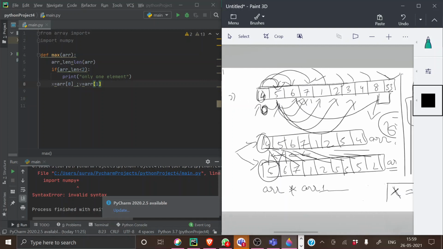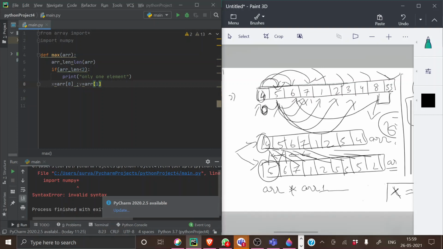So what will happen? x will save this 4 and y this 5, for comparing 4 with 5, 4 with 6. To make this process work, I'm saving them in two different variables.